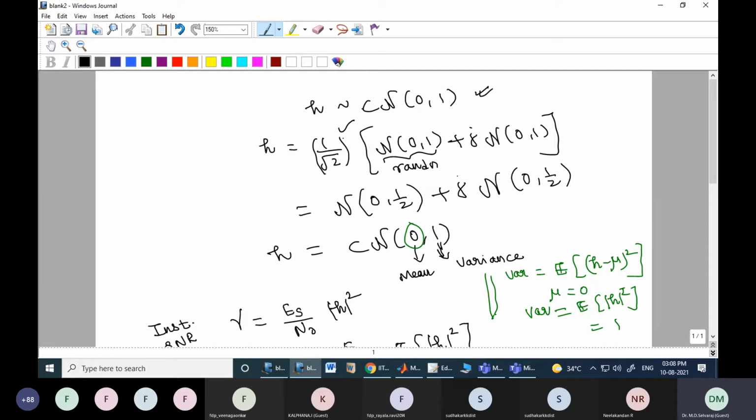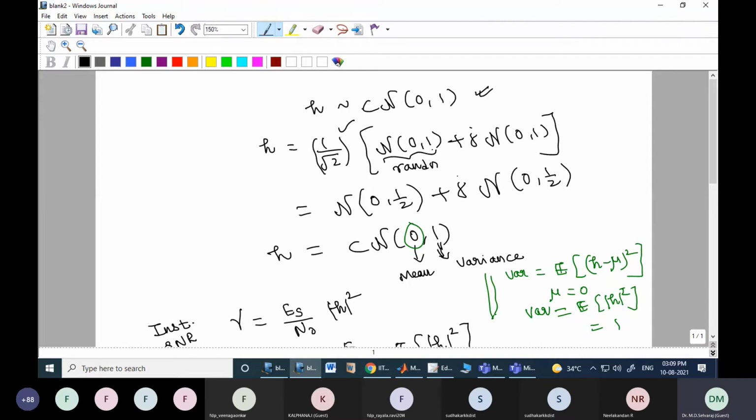Now how do I set this as complex normal with zero mean and variance 1? First thing I have to get the complex, and for that I have to write normally distributed with 0, variance 1. Why I use this writing is because randn is an inbuilt function in MATLAB. It produces a normally distributed random variable with zero mean and variance 1. Therefore, I use this normally distributed plus j, the complex operator, times this normally distributed random variable.